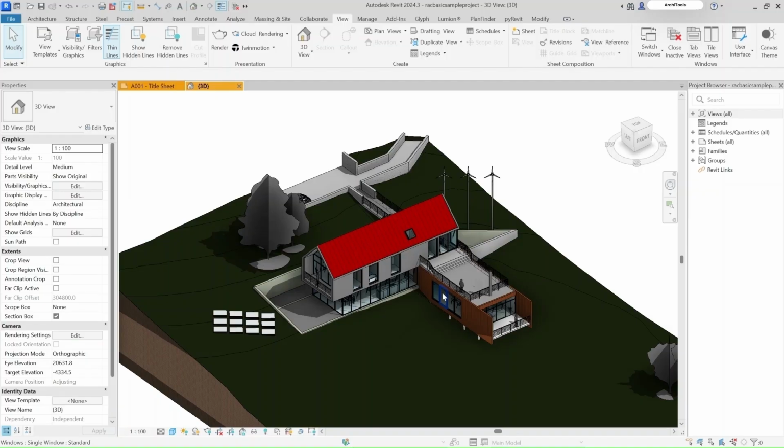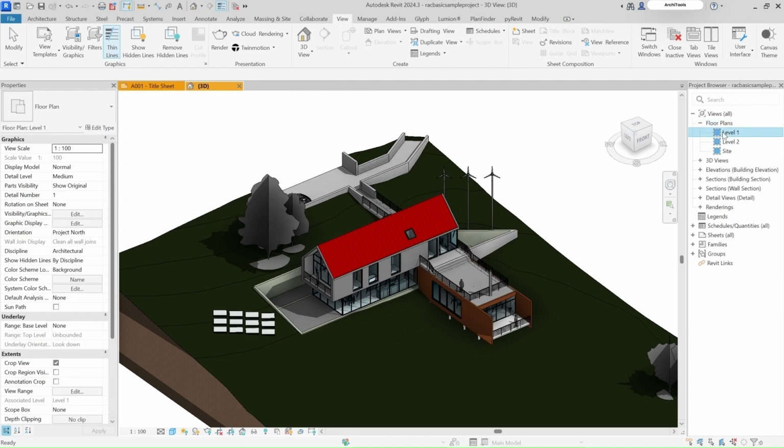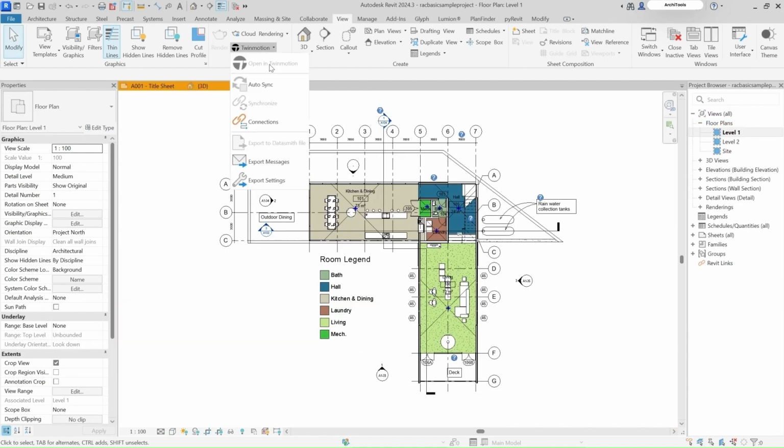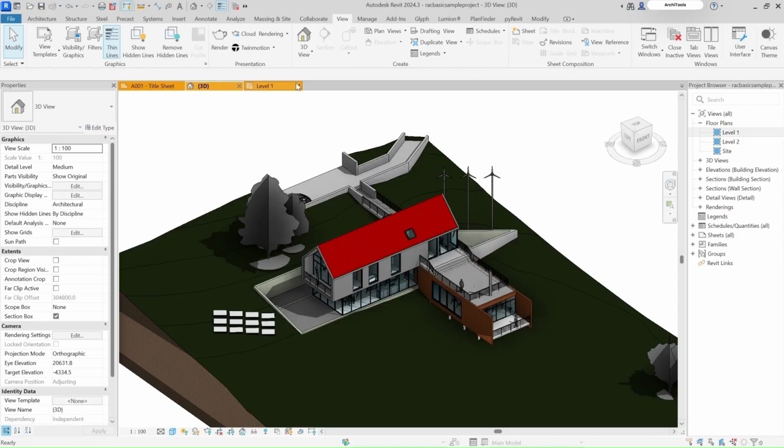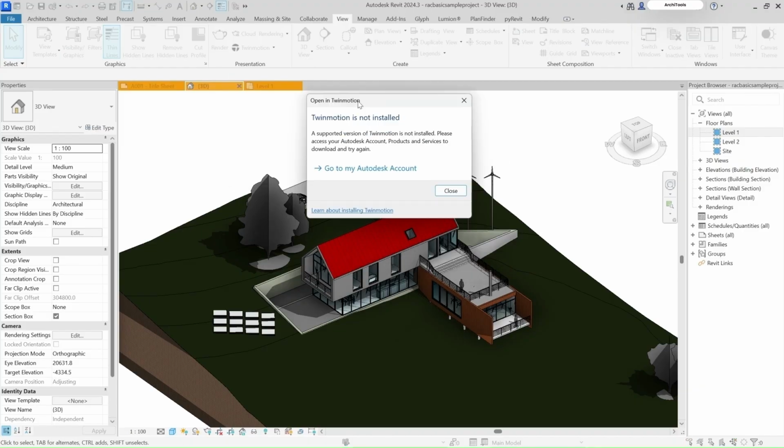So the good thing about Twinmotion is that it comes free after installing Revit. In newer versions, once you go into View, you would get the icon for Twinmotion. But in order to open this, firstly you need to make sure that you are in 3D. Otherwise, if I go into any of the floor plans, Twinmotion is not selectable. So first of all, you need to go into one of the 3Ds, and after that, just click on Open in Twinmotion. If Twinmotion is not installed, which is the current condition for me, I have to install